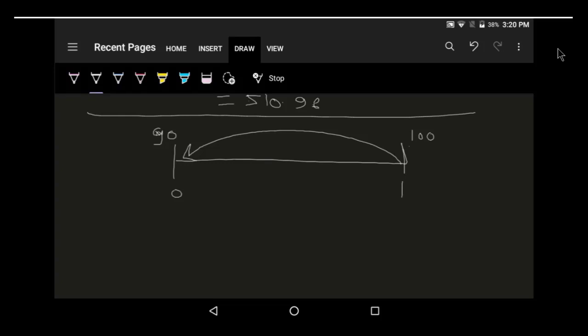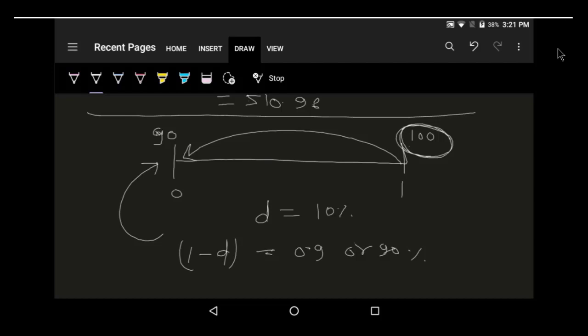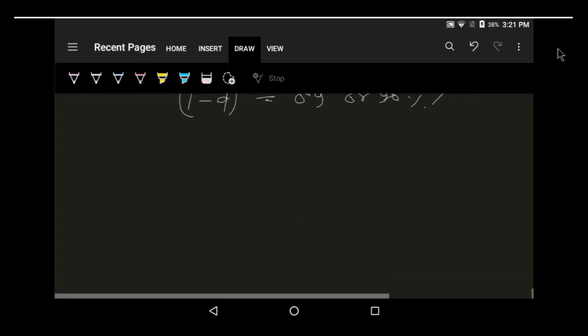So a setting with a discount rate looks like this. The discount rate, which is quoted on this loan amount, will be 10%. So a factor of 1 minus d, which is 0.9 or 90%, gives us the amount at time 0 relative to this figure. So I am getting at time 0 90% of this amount, that is 90 rupees. So this was a little introduction or revision of discount rates.